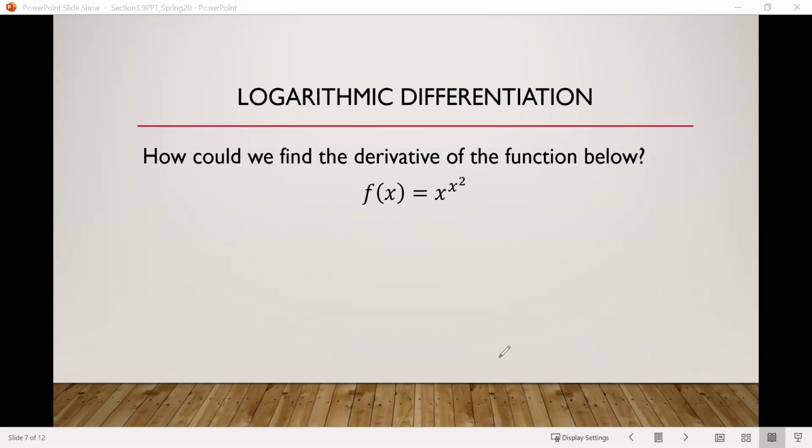Instead of f of x equals x to the x squared power, I'm going to rewrite it as y equals x to the x squared power. Then I'm going to take the ln on both sides. So do the ln of this and the ln of this, which is now going to give us ln of